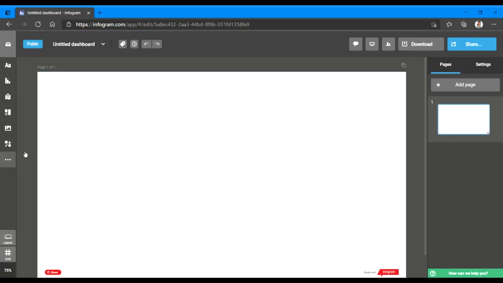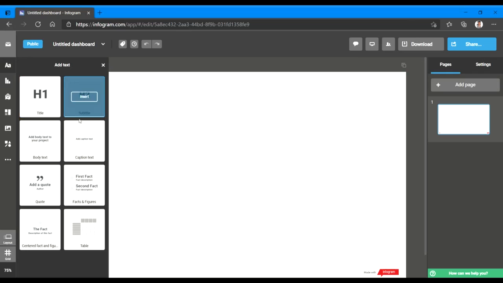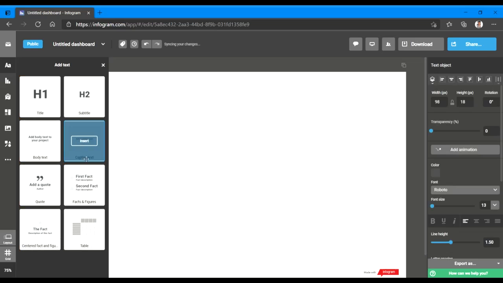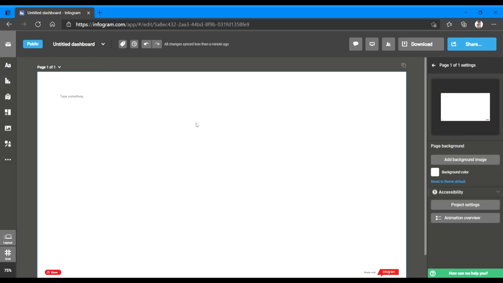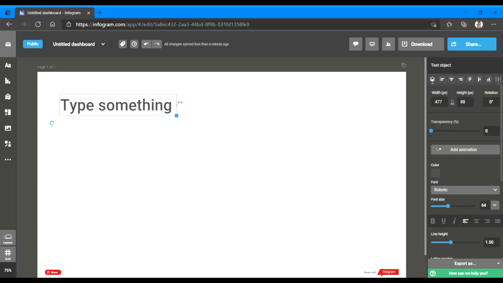These are the various tools and this is how your work area will look. From here you can add different text. These are the text boxes of different styles. You can add any if you want. For example, let's insert this one. You can resize it, move it anywhere you want, and write anything that you want.